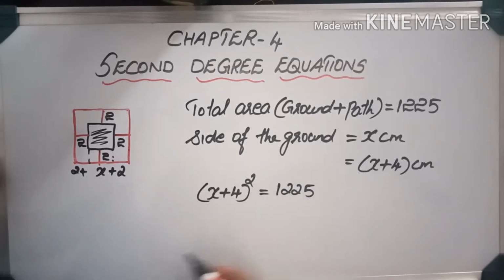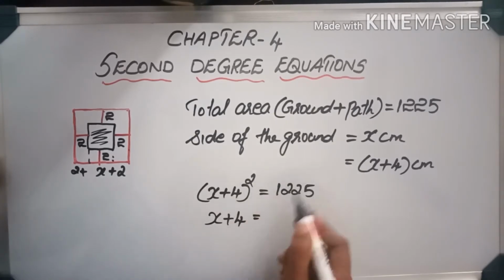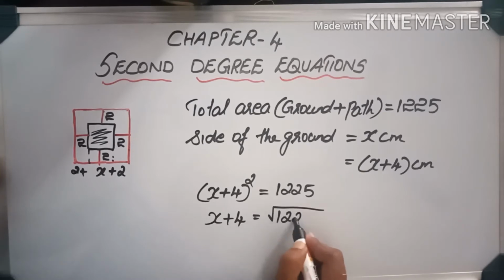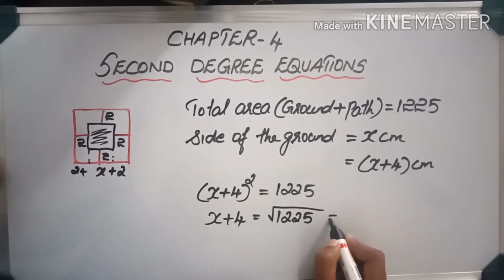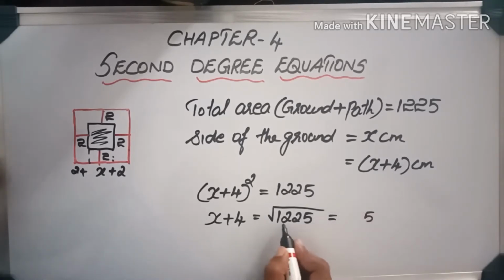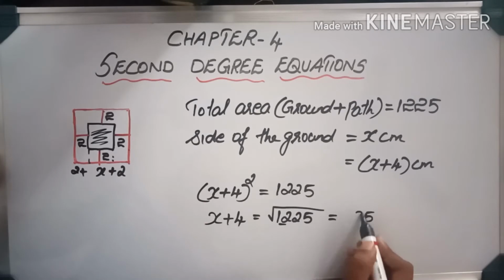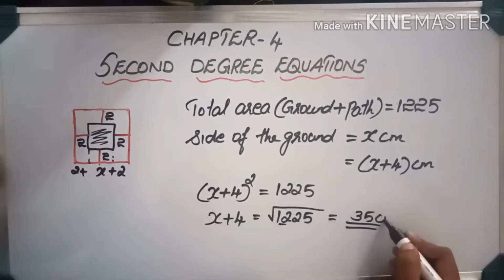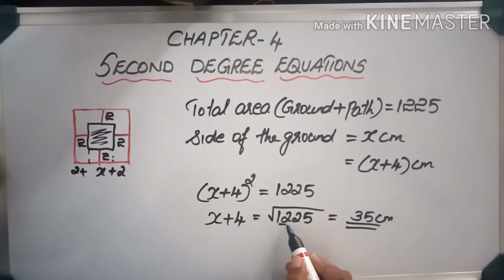From this we have to find what? x. So same like the previous question. First keep x plus 4 here. Then take the square to this side. So 1225. What is the root of 1225? 25 root is 5. Now next to 12, less than 12, the complete square number that we can find the root of, it is 9. Okay, so root 9 is 3. So 35 centimeter. This is root of 1225, 35. That is x plus 4 equal to 35.